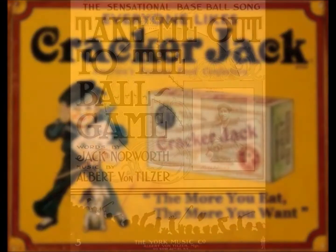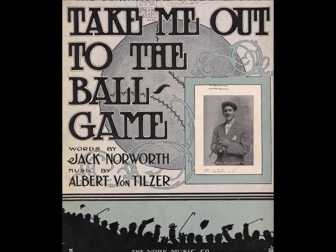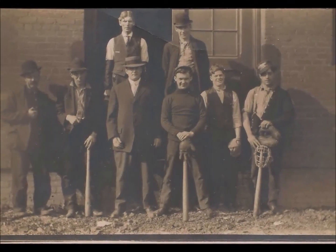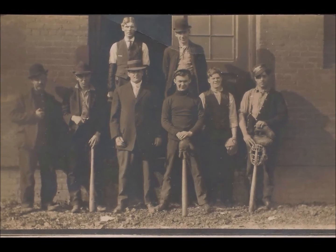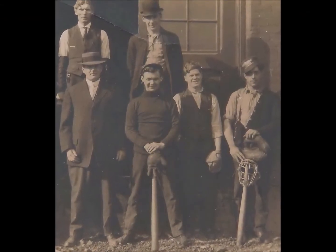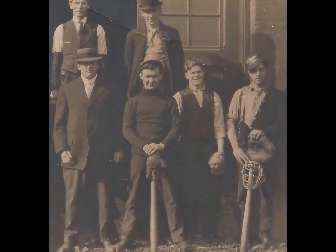The song "Take Me Out to the Ballgame," written by lyricist Jack Norworth and composer Albert von Tilzer, gave Cracker Jack free publicity when the song was released in 1908 with the line, "Take me out to the ballgame, take me out with the crowd, buy me some peanuts and Cracker Jack, I don't care if I ever get back